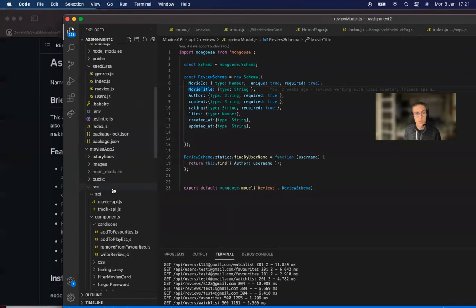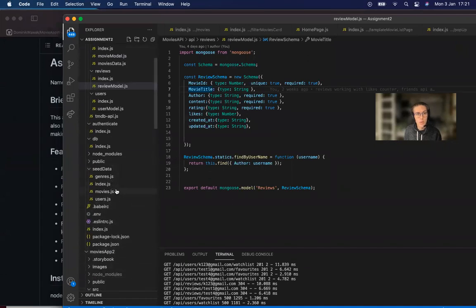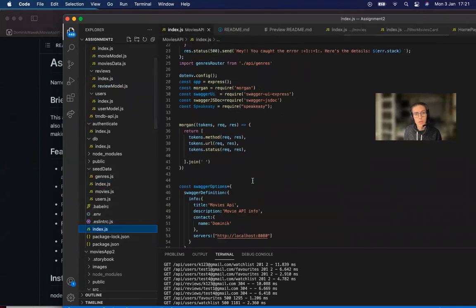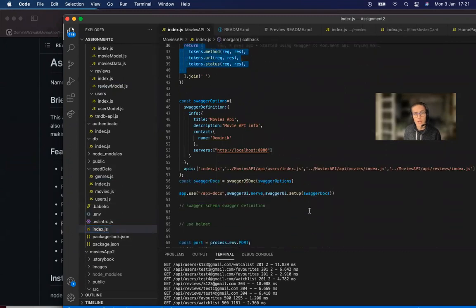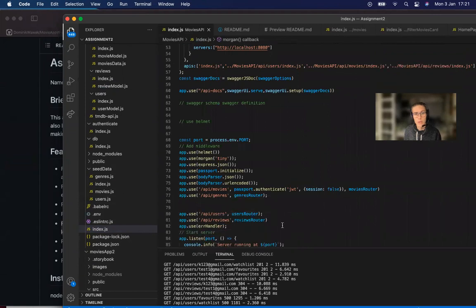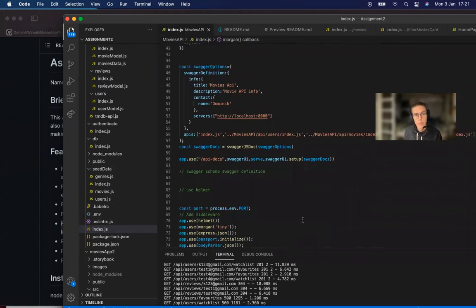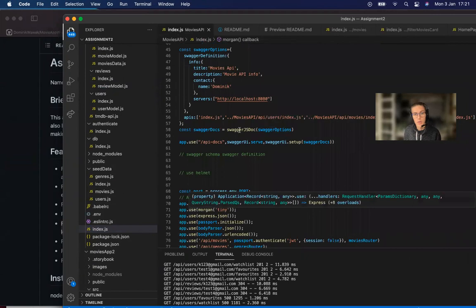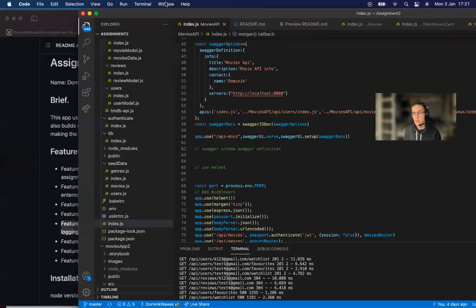And they're used here, sorry, in my index, not this one, this one. So there's Morgan, and this has its own parameters here, and I just add that to the app, so that there's Swagger here as well, and I also use Helmet. And what Helmet does is,